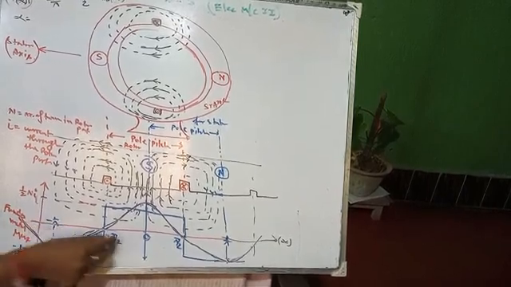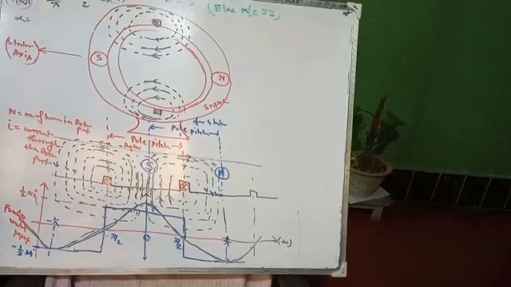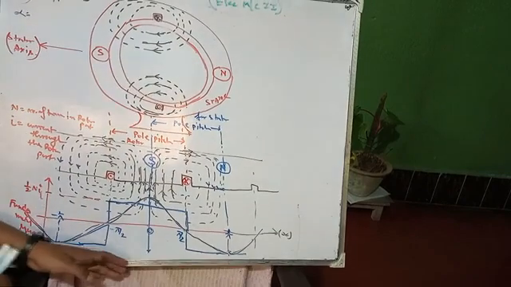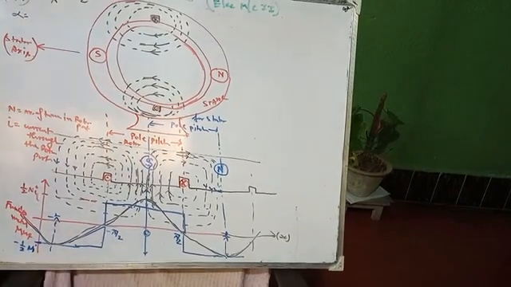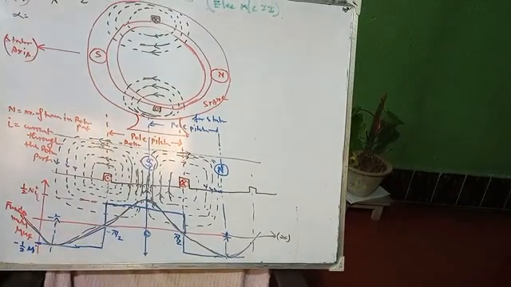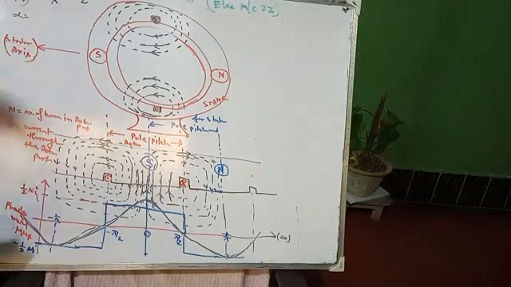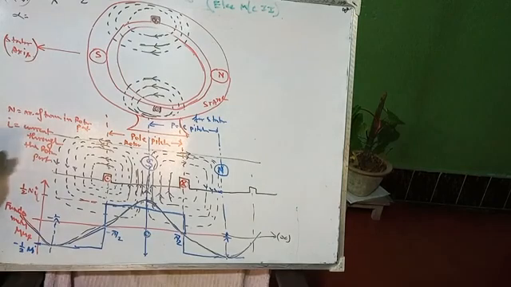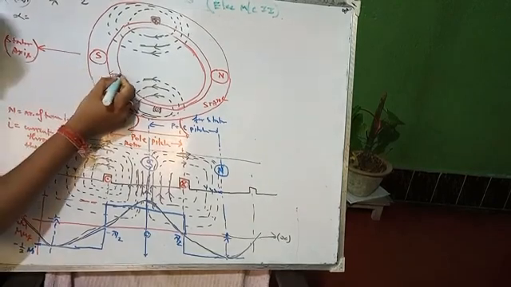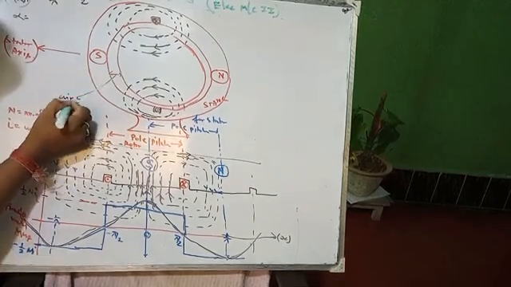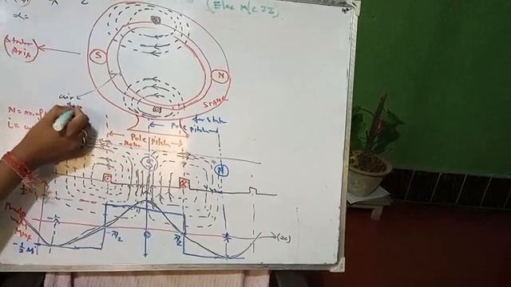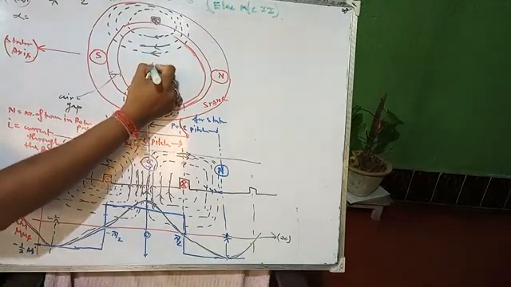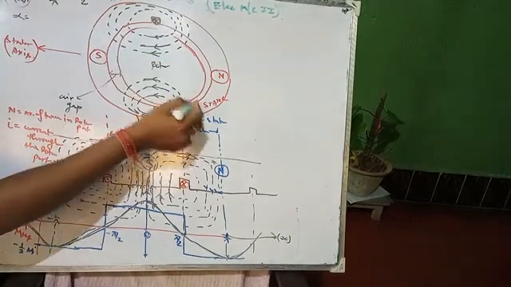So alpha means these values. This value is nothing but the electrical space angle measured from the magnetic axis of the stator coil, meaning the magnetic axis of the rotor coil. Okay, so this is the nature of the MMF. How is the MMF introduced inside the air gap? This is the air gap. So what does air gap mean? The air or medium present between the rotor part and the stator part.